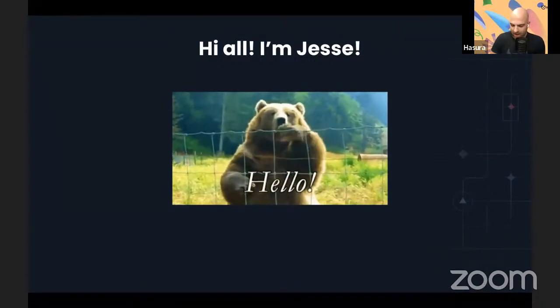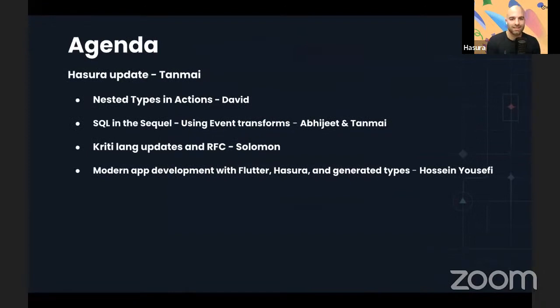Super excited about it. To kick it off, we've got a pretty sick agenda for the day. We've got an update on nested types, which if you're tracking all of the work around nested types, this is big. Like, this is really big. So I'm super excited about this feature and excited to see what the current work there is.